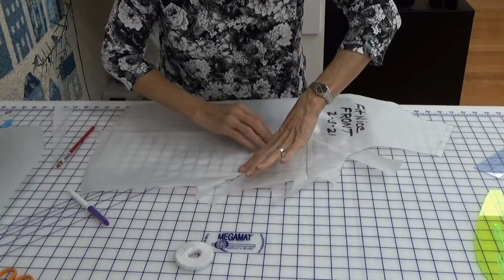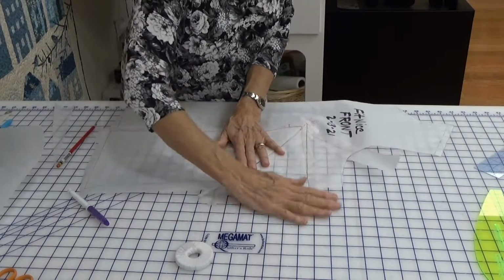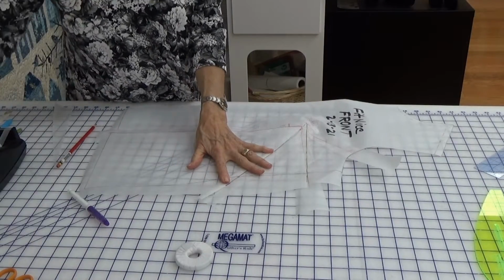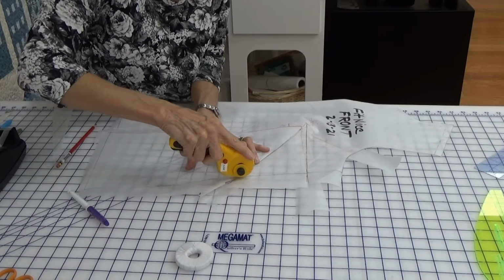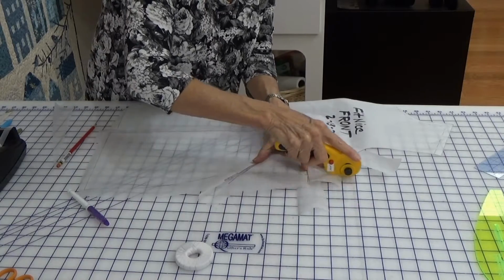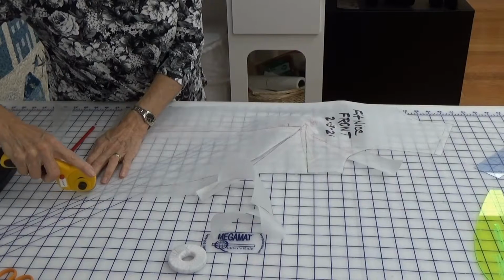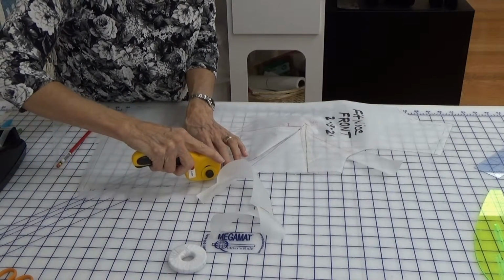Fold your dart in as if you sewed it on a sewing machine. Then cut the side seam, which is now back together, which is so exciting. Seam allowances are already in here. And up here, we're just going to ignore that dart that used to be there. Cut it from the bottom. Now hopefully this isn't going to be so gigantic as my other top